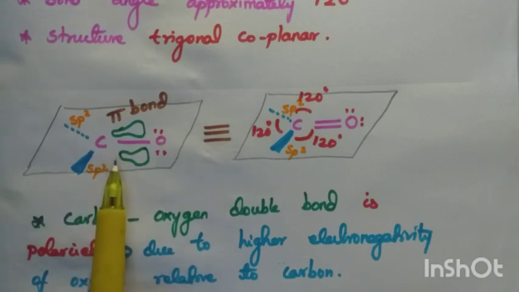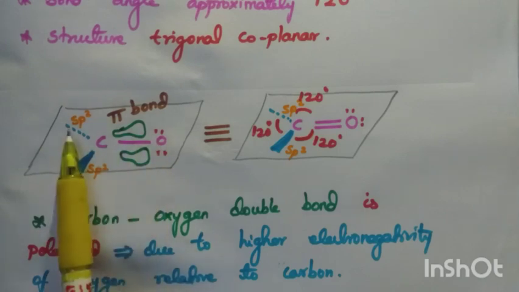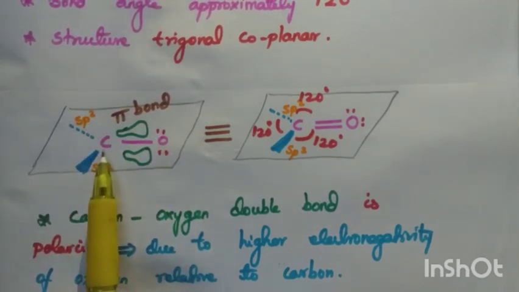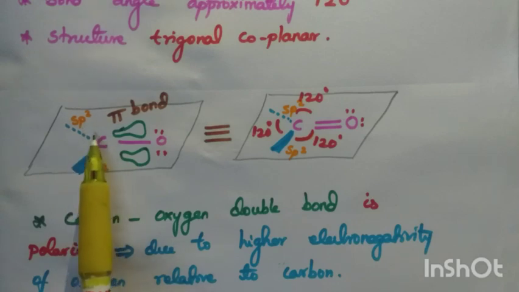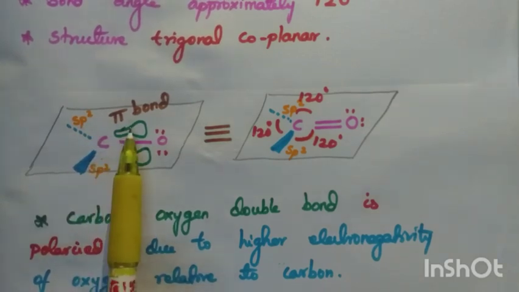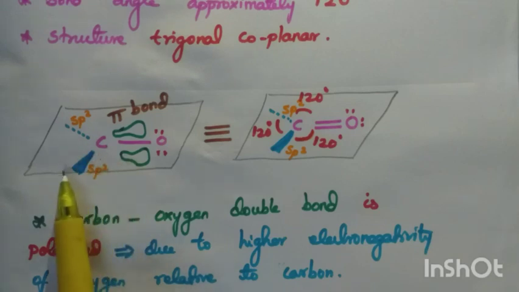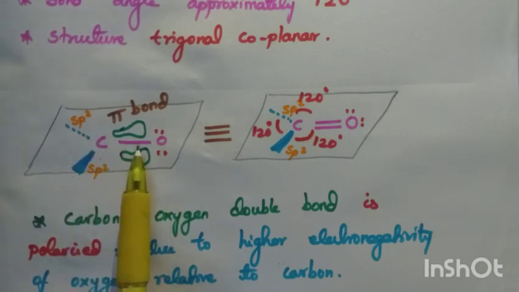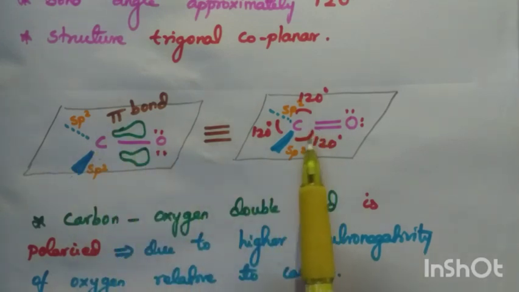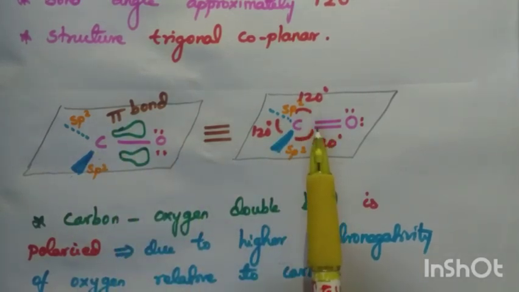See this structure. These are 3 atoms. This is the carbonyl carbon. This is oxygen. What happens? This is a pi electron cloud. This is also a pi electron cloud. This carbon is an sp2 hybridized carbon. This is a pi bond. This is nearer to us, we are seeing in this direction. This is away from us. This bond is in the same plane, and the 3 atoms are lying in the same plane. The bond angle between these is 120 degrees.